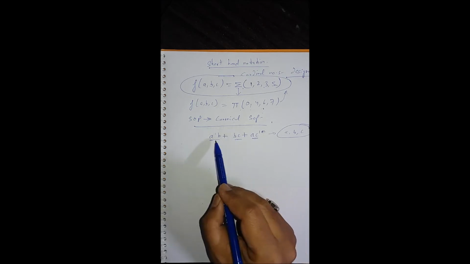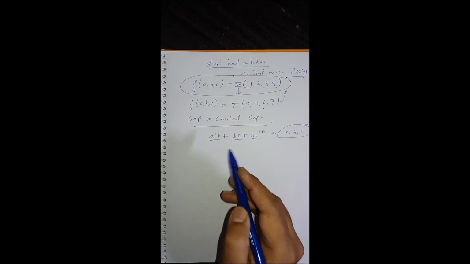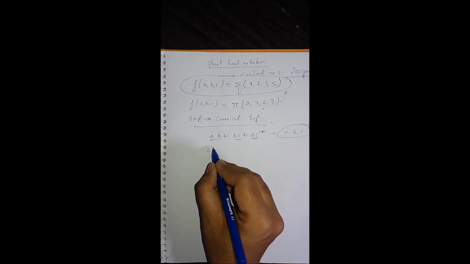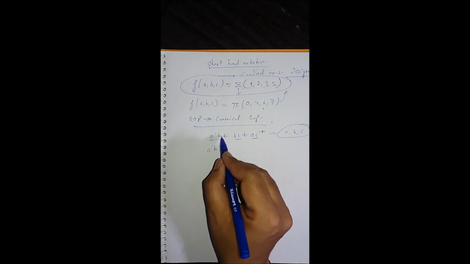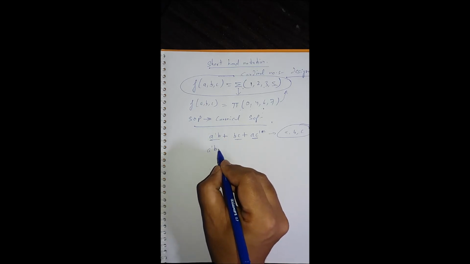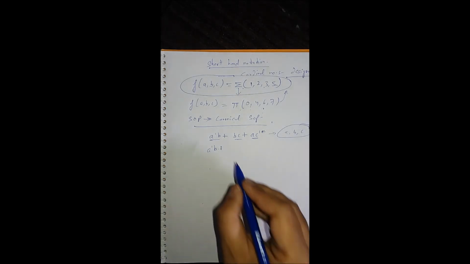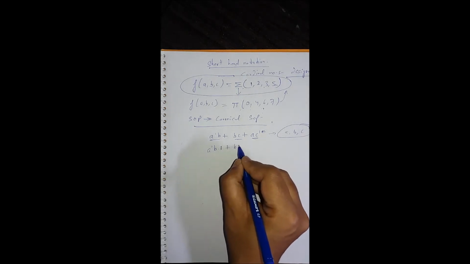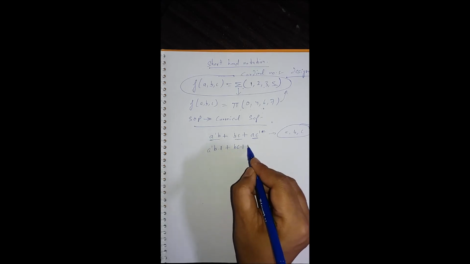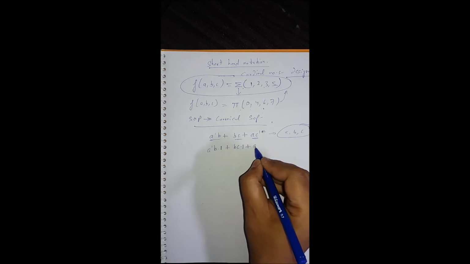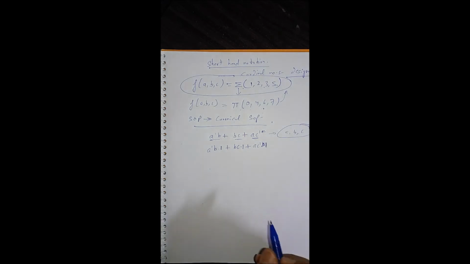So how to write the min terms? We need to convert each of these terms to min terms. So what's the first thing? For each of the missing variables, like here C is missing, so for each of the missing variables you multiply it by 1. So that is A naught B dot 1 plus BC dot 1, because here A is missing. Here again B is missing, so we write A C naught dot 1.